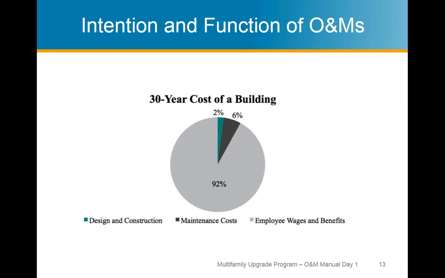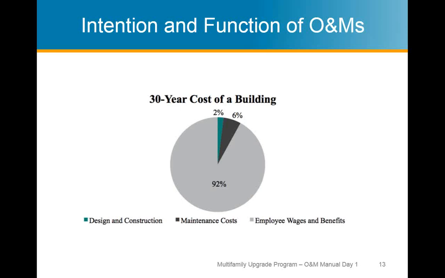And that creating an O&M manual helps to reduce the amount of staff and staff time a building needs to operate over this life, whether it be 30 years, 10 years, whatever the hypothetical life that the stakeholders are involved in a building is. So looking at that another way,